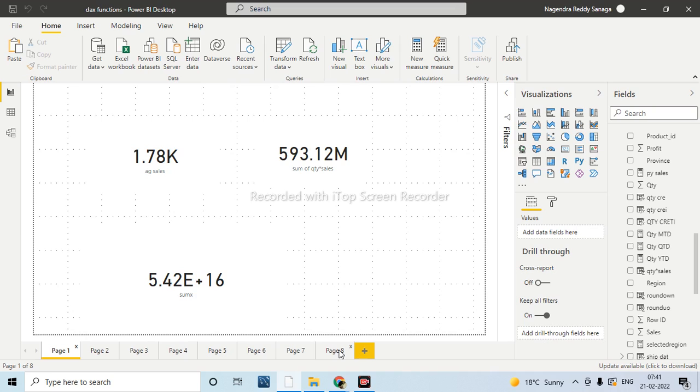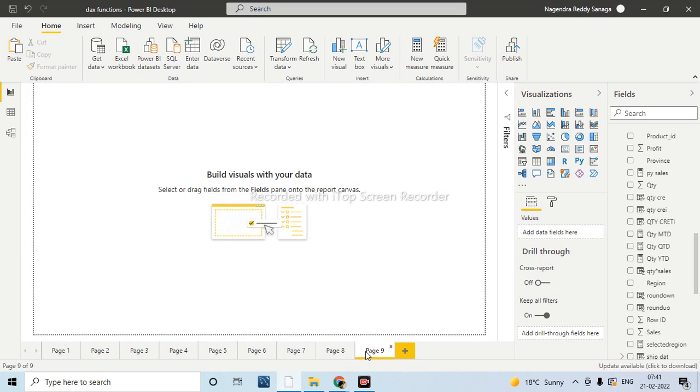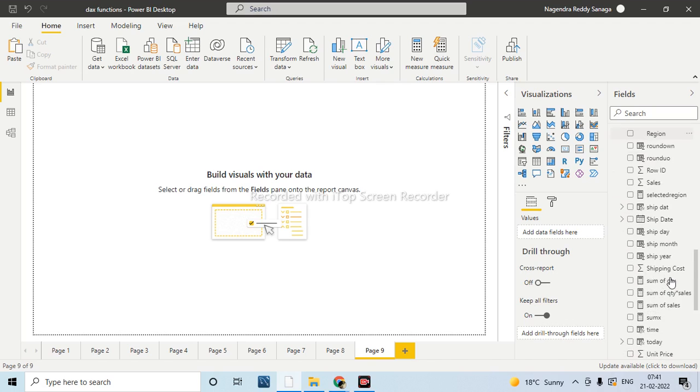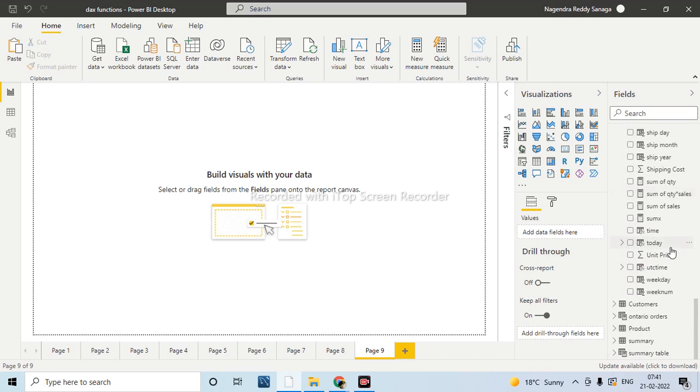Understood? Yeah, understood. Okay, now the next thing is about the same period last year function. Yeah, I already created one also. Let me show you. Now itself I have created it. If you see the example here.